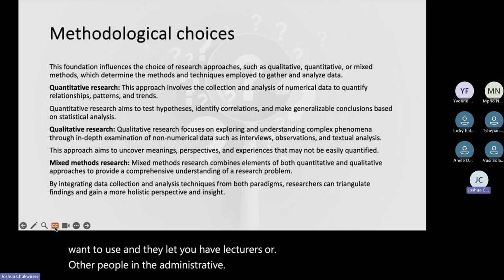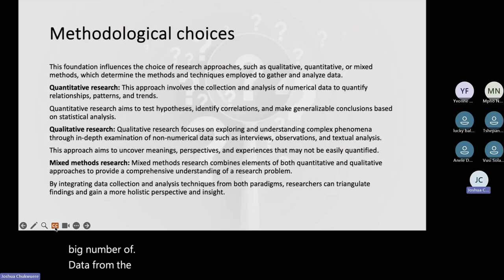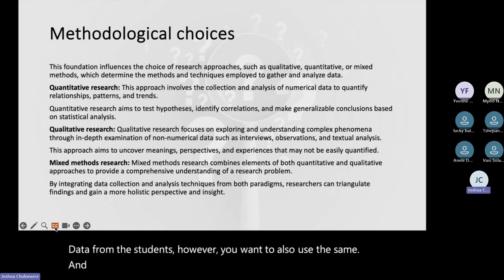Now, the experience of students will be different from them, right? You're going to collect your quantitative big number of data from the students. However, you also want, in the same study, to get a qualitative insight from the